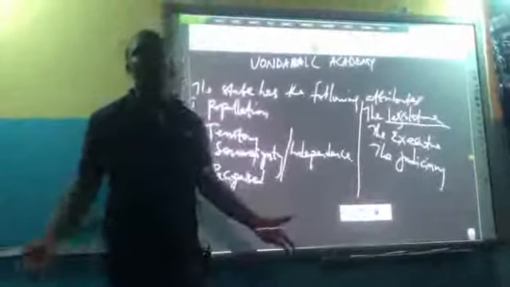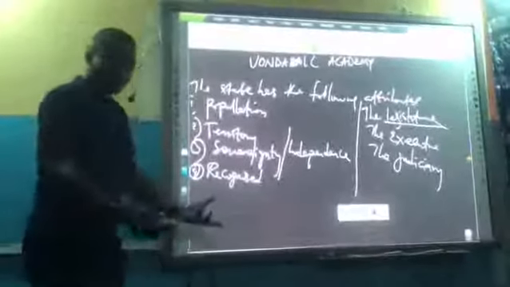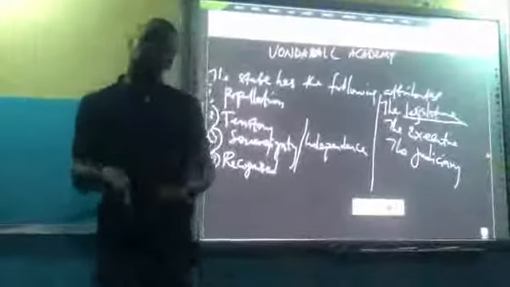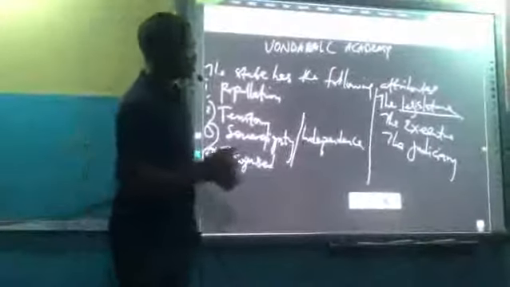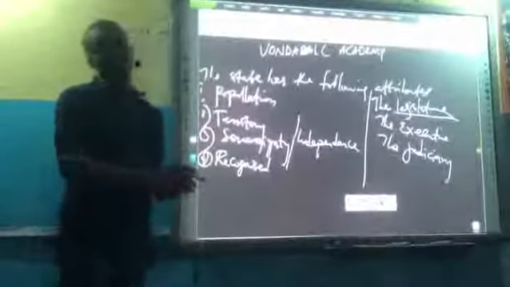disobey the law. So when those unrepentant, stubborn citizens disobey the law, the judiciary is set to punish them accordingly. They will interpret the law to them, and then tell them, you have contravened the laws of the land, and therefore such people must be punished. So these and more are the attributes. So what is the relationship that exists between the state and the government? Another relationship between the state and the government is